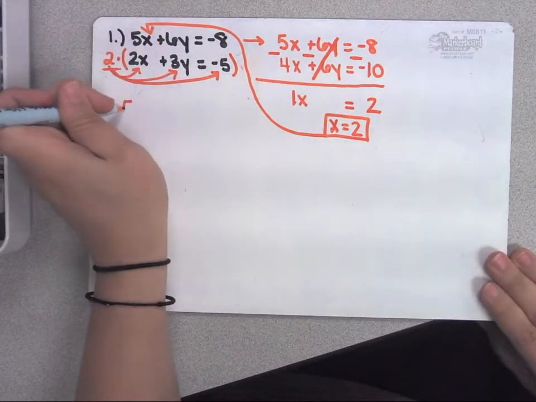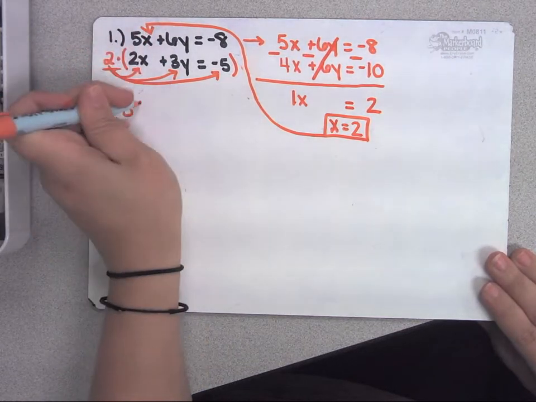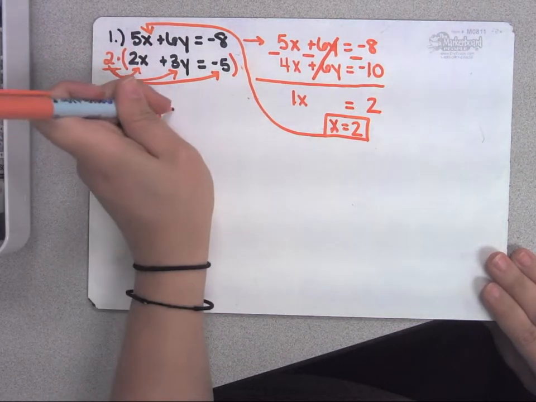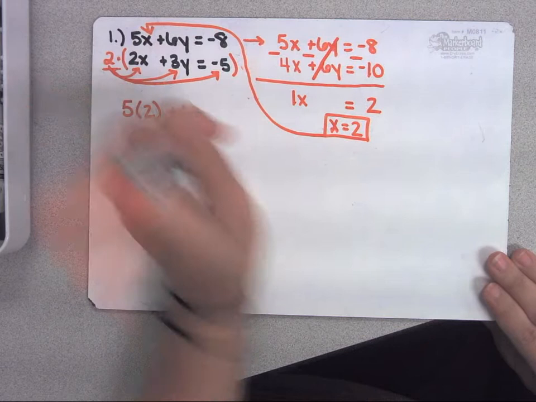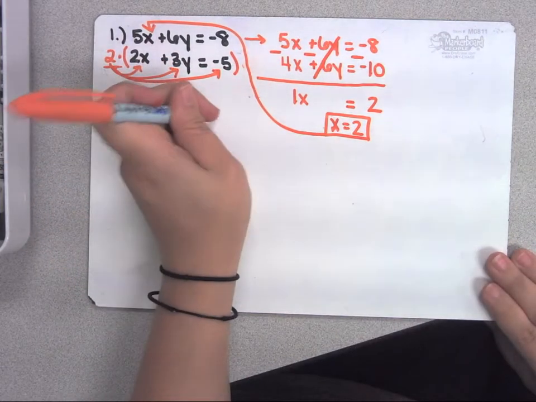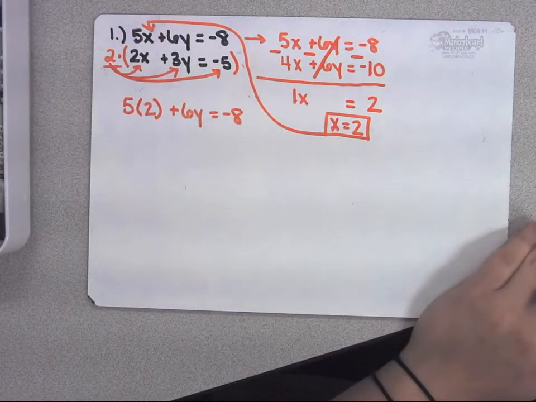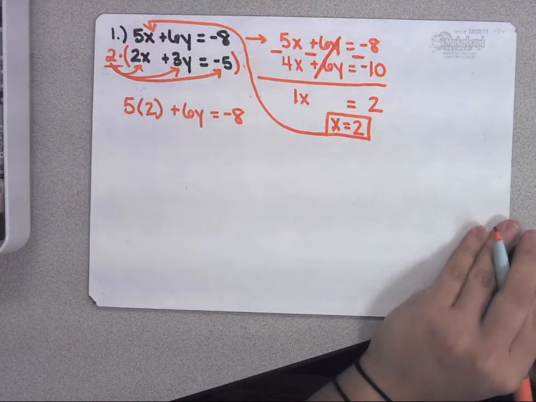So it says 5 times x, but we see an arrow, so 5 times 2 plus 6y equals negative 8. So once you write that down,